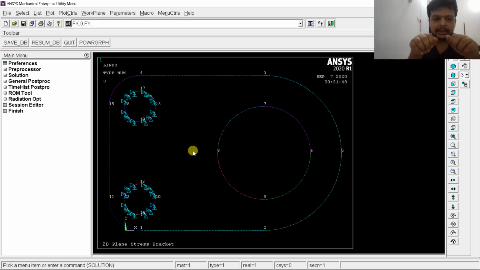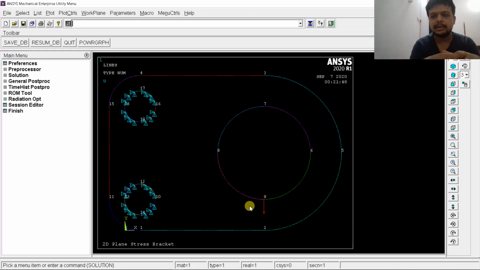Okay, so vertically downwards I will use a minus sign. The minus sign will help us to apply a load in the downward direction. Now what is the magnitude of the load? That is 1000 units, so just press 1E3. It will apply a load of 1000 units at the ninth key point in the negative y direction. Let us observe. See here, a red vertical line in the downward direction shows that a load has been applied on the ninth key point in the vertical direction, whose magnitude is 1000 units.